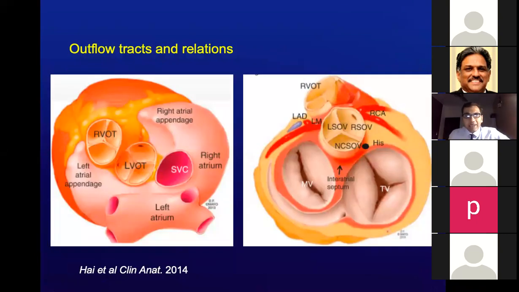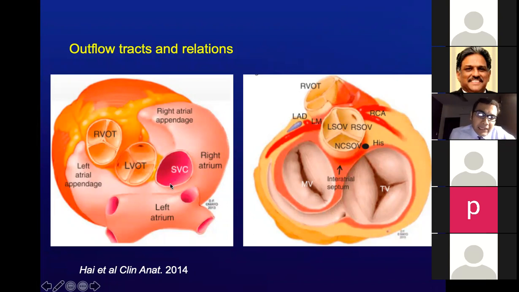Going on, let's discuss a little bit on to the atrial structures. Remember this figure where we had taken off the atrial part of the anatomy? If we reintroduce that and you look at it from a superior view from the top with the heart looking down at you, you will see that the right atrium essentially wraps around the heart with the entire anterior part of it being the appendage. We did discuss that. The SVC is not to one side. It's actually in the middle.